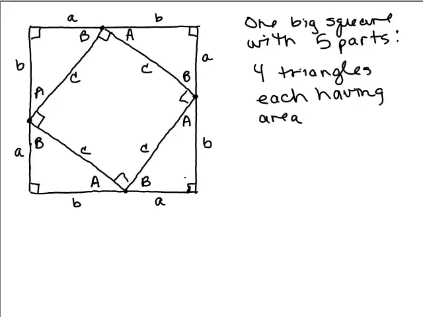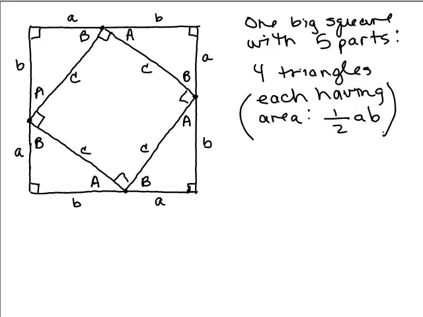Well, what's the area of each of those triangles? What's the formula for the area of a triangle? It's 1/2 base times height. In this case, that would be 1/2 A times B. So each of those triangles has an area of 1/2 AB. So that's 4 of the parts. It's 4 triangles,